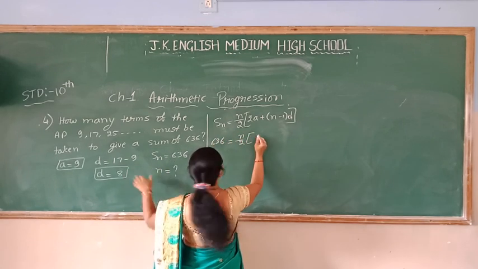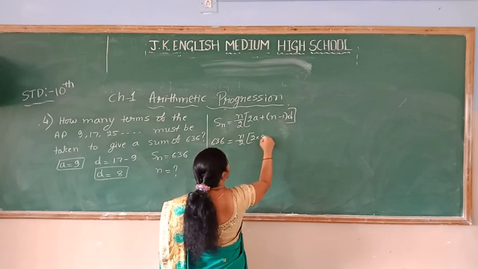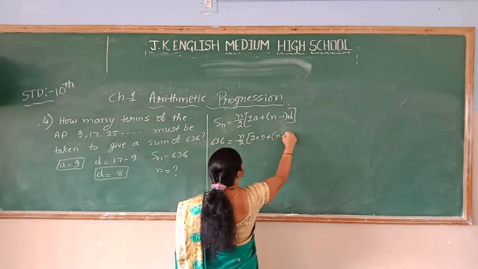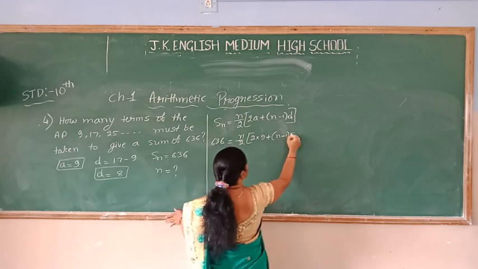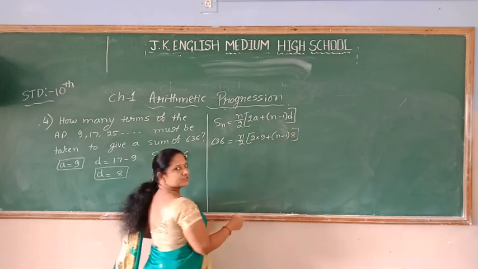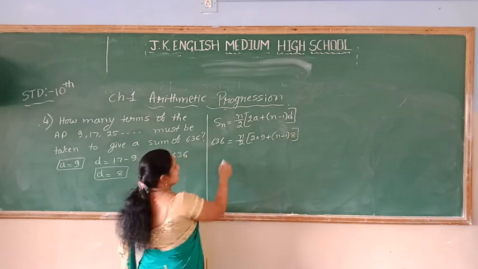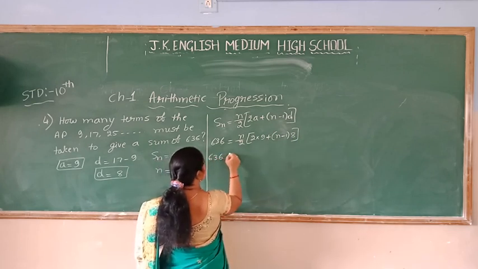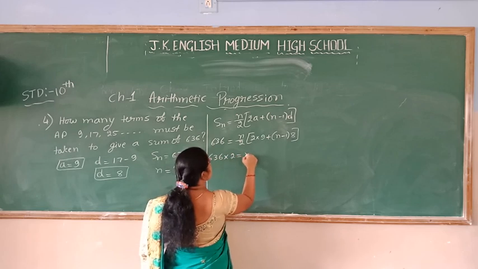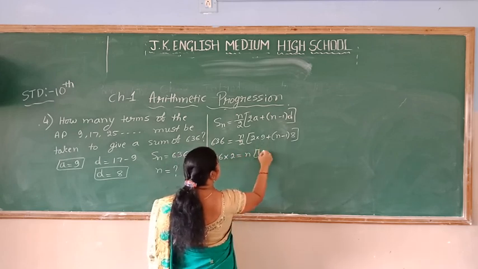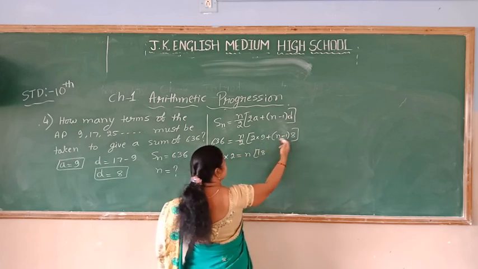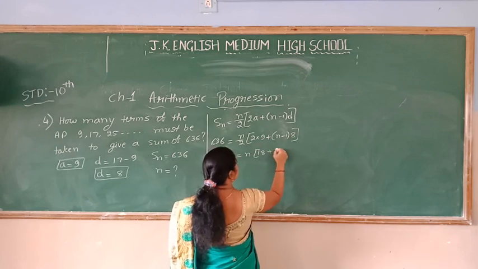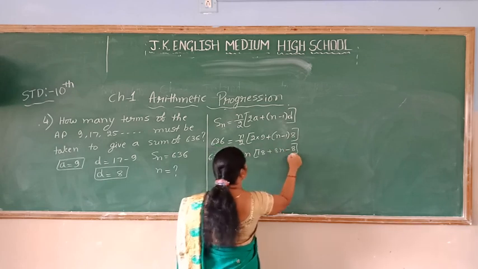The a value is 9 and (n minus 1), d value we know, that is 8. Substitute the values given in the question. Then you can do cross multiplication. 636 into 2 is equal to n into 18, you can multiply 8n minus 8. Then you can